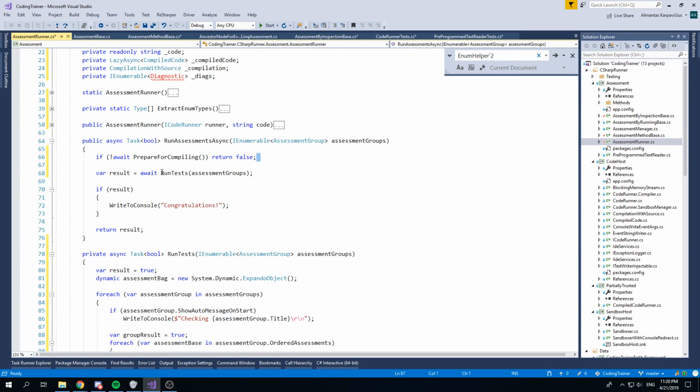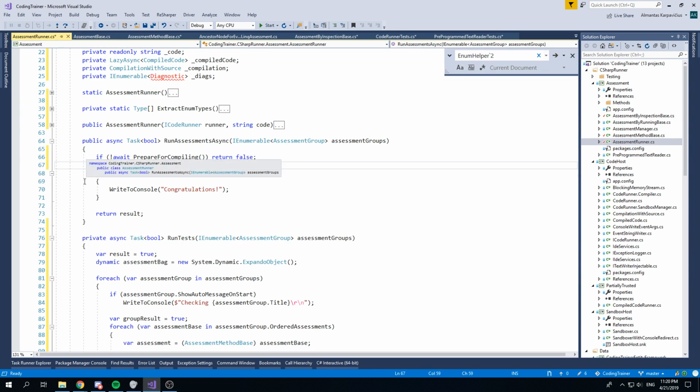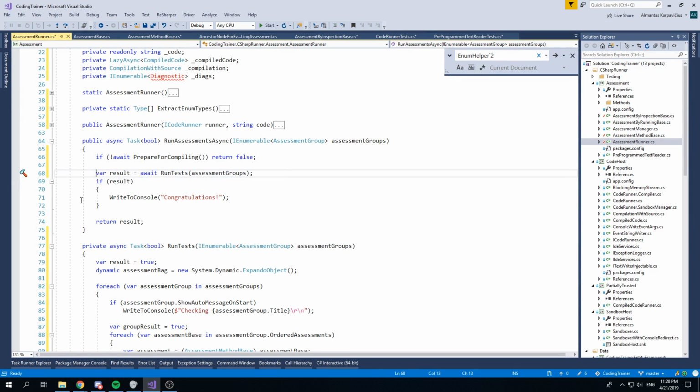Prepare for compiling, run tests. If result is, you write congratulations, return result. Run